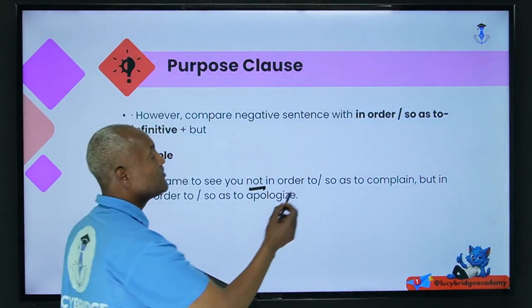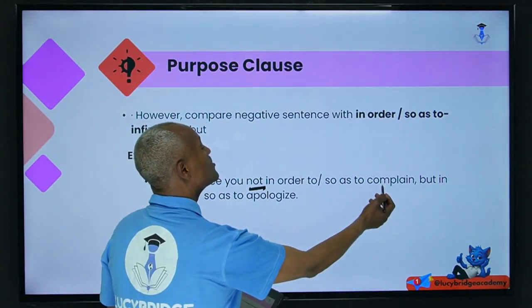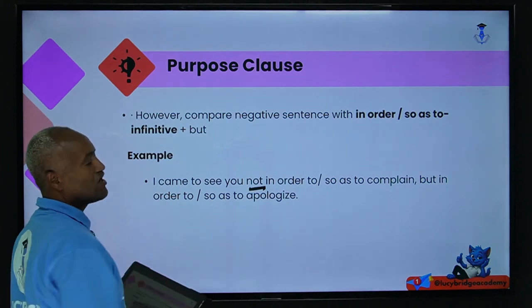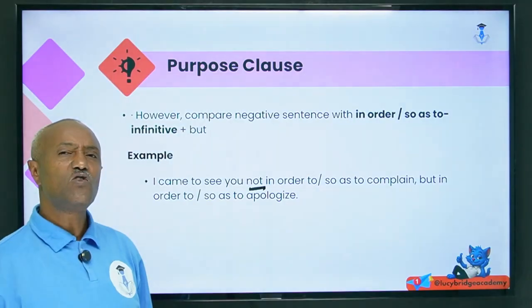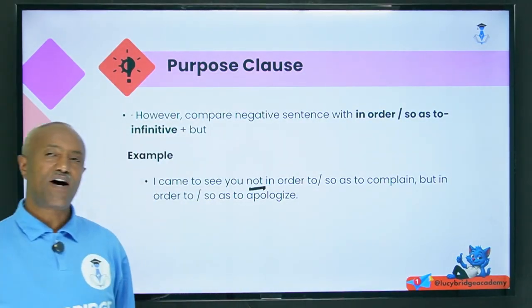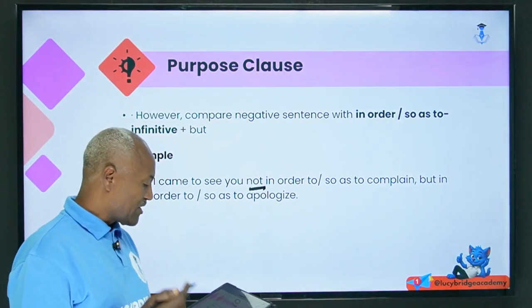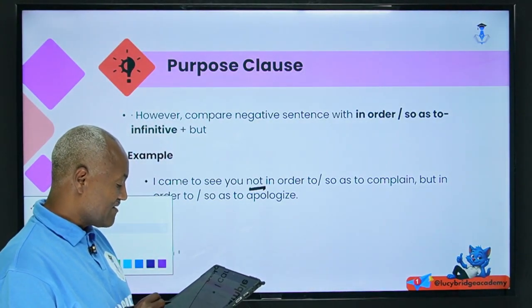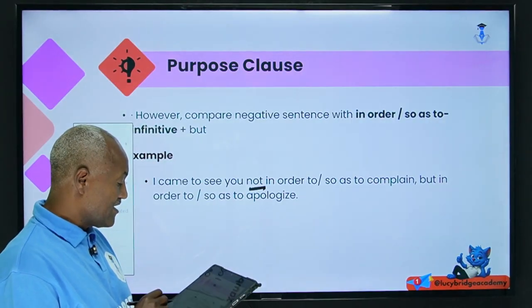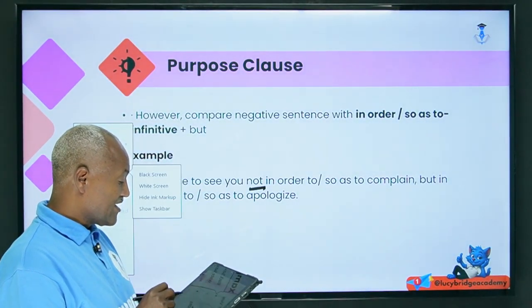You have to identify, so as not to complain, but in order to, or else so as to apologize. This is what you have to be familiar with. It is good to be familiar with the different patterns of what we call the purpose clause. The other one, what I need to tell you is that, for instance, here